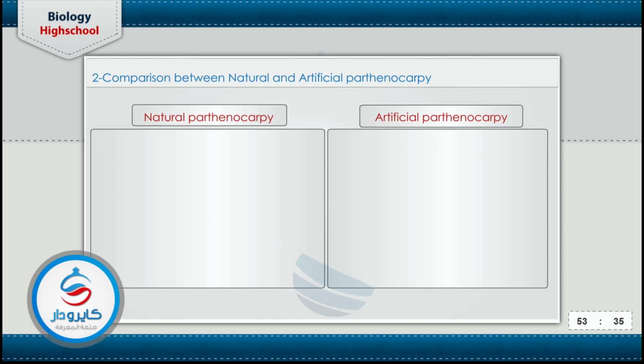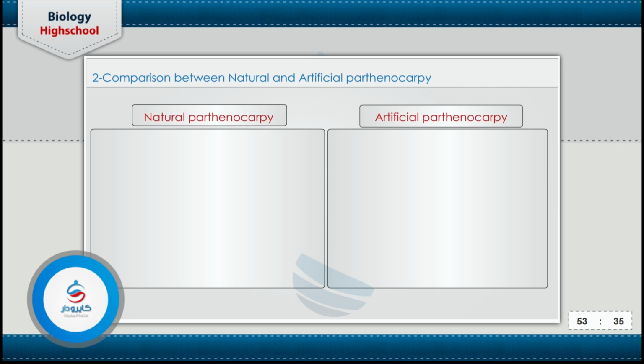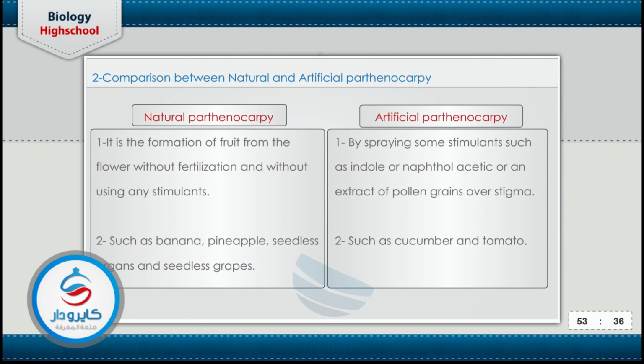Compare between natural parthenocarpy and artificial parthenocarpy. Parthenocarpy is the ability of the ovary of the flower to develop to produce fruit without seeds. That takes place without pollination or fertilization. If that takes place naturally without the interference of human beings, that's called natural parthenocarpy, without using any